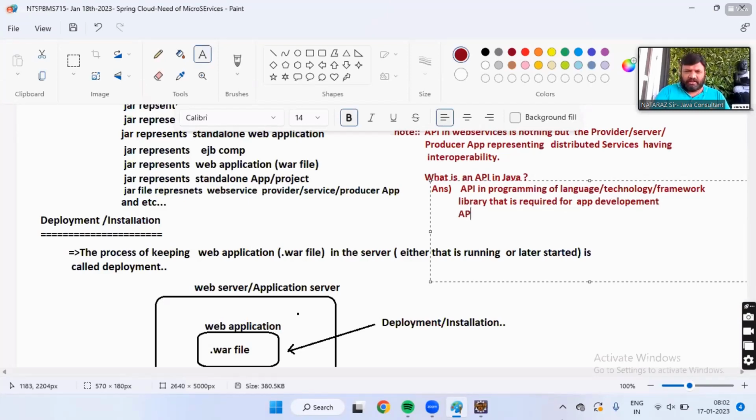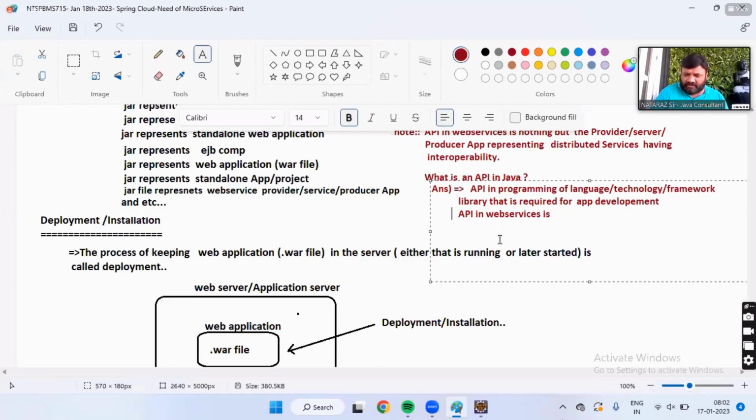Next, API in web services. I think I have already given this, I'm just giving clarity.